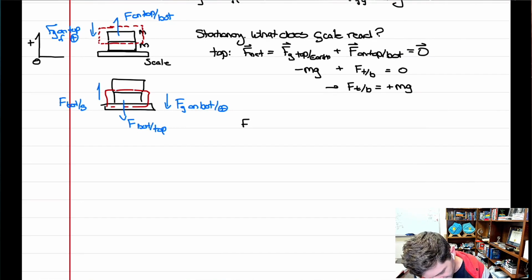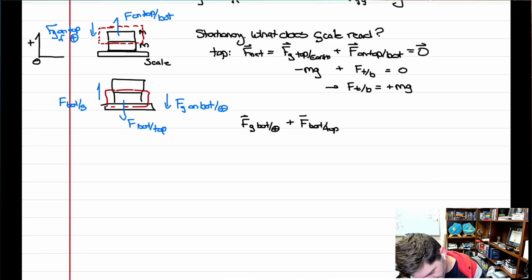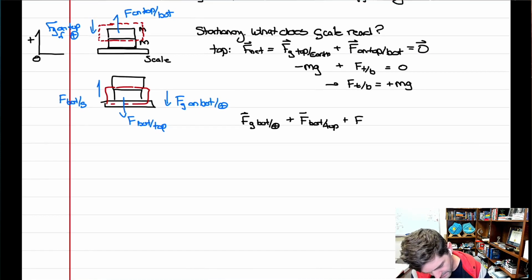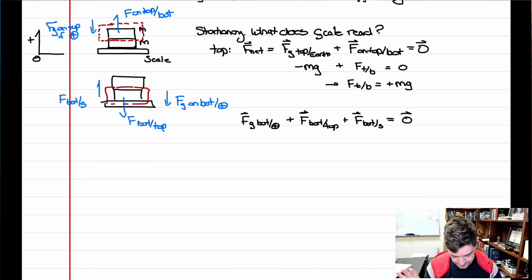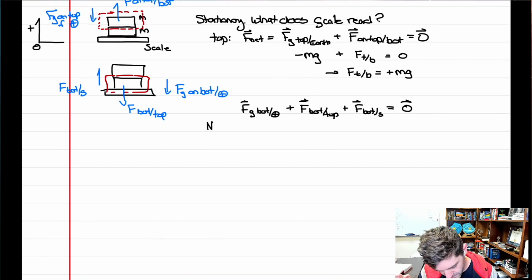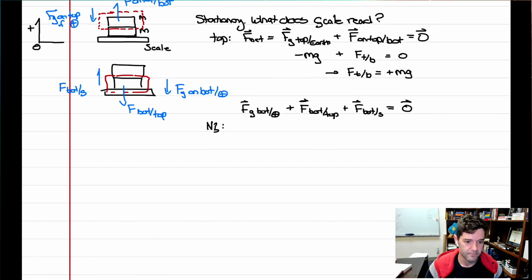So then it looks like for the bottom box, I have F gravity on the bottom box from Earth, plus the contact force on the bottom box from the top box touching. And then I have F on the bottom box from the scale, because they are touching. And that better add up to 0. Now I've not introduced which direction is the negative from the coordinate system yet, right? Newton's second law says the sum of forces, which means add, equals 0. Before I bring in the coordinate system, which might have negative signs like negative mg,